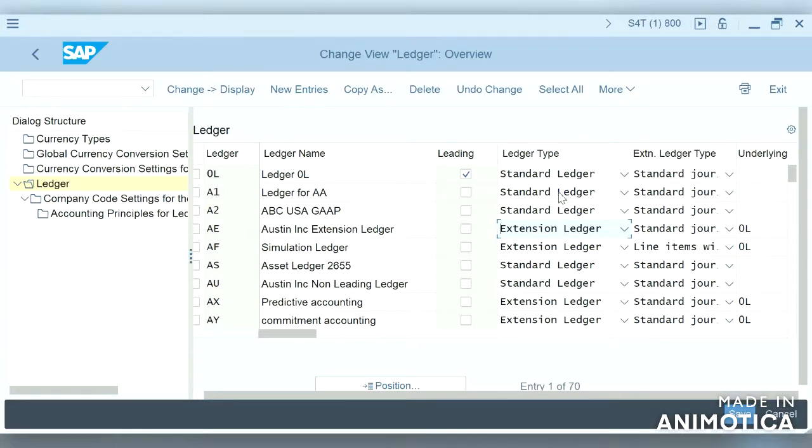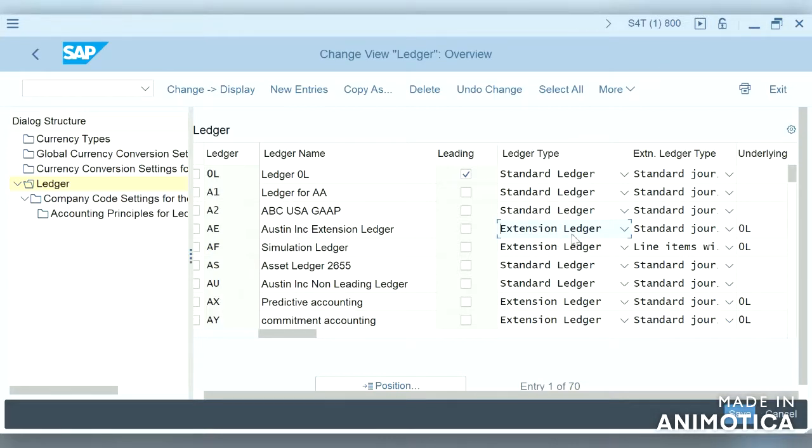The total balance in standard ledger is exactly whatever is in standard ledger, but the total balance in extension ledger will be the balance in standard ledger plus the balance in extension ledger.